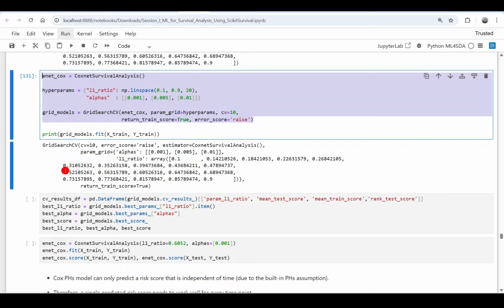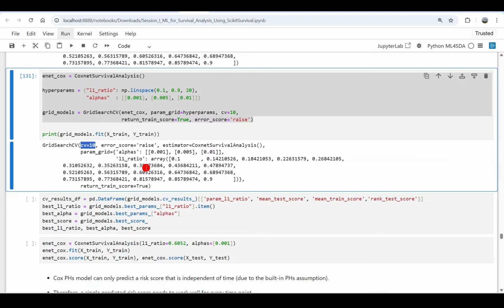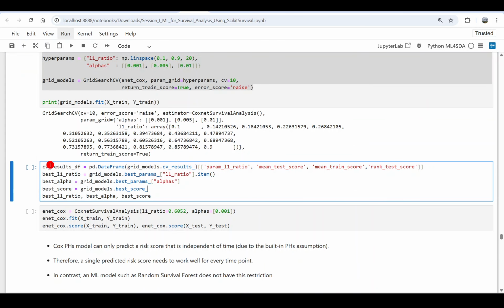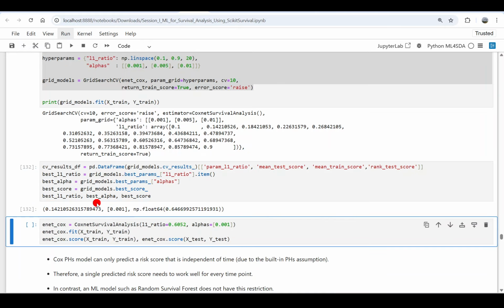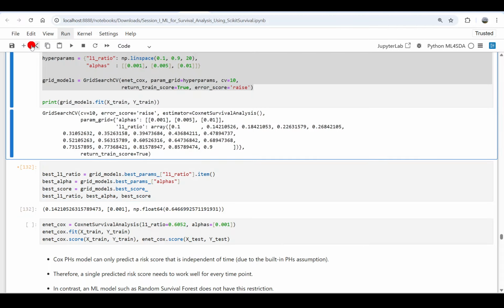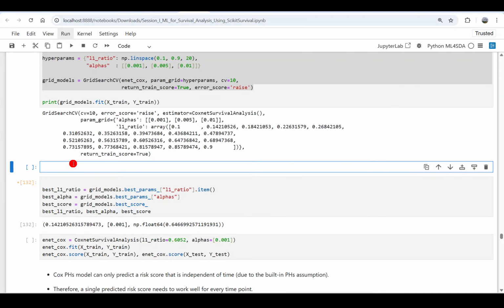So here we have cross validation of 10 and the parameter values, and for the L1 ratio also we have these different values. So from this, the first one displays the measures of, here let me make it